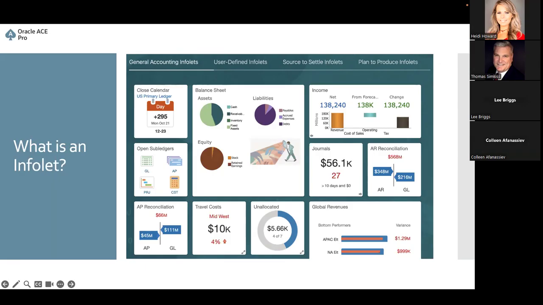They are real time. So these things are connected to OTBI. Now, if you are using Oracle Analytics, you can connect Oracle the pre-built analytics